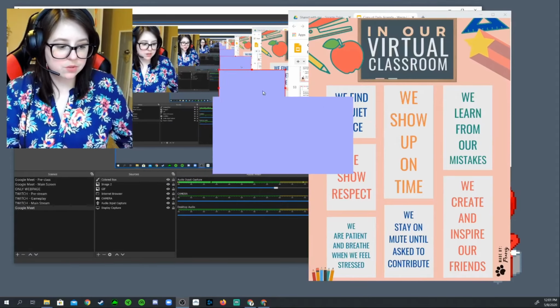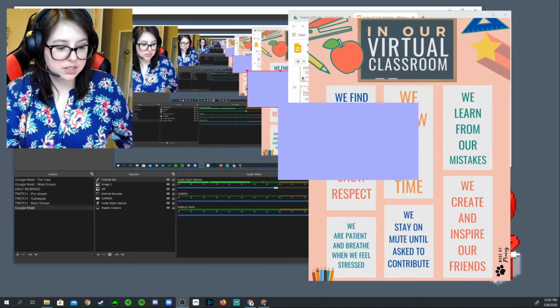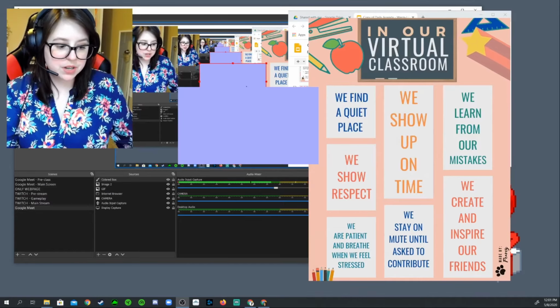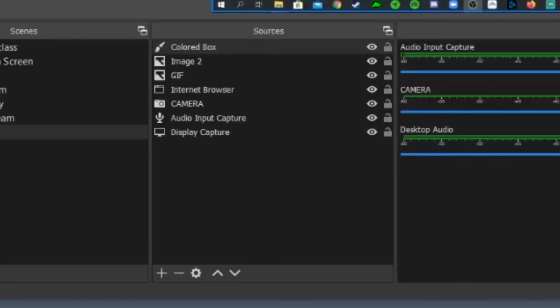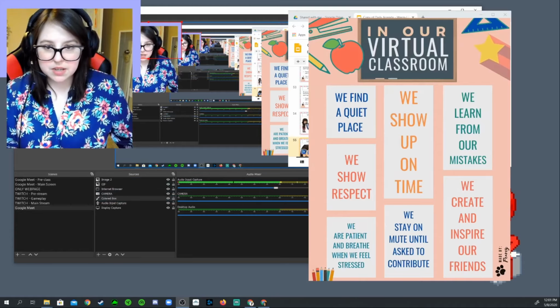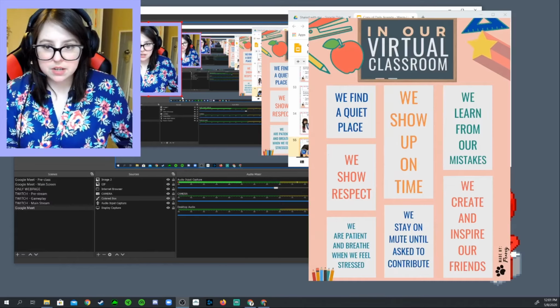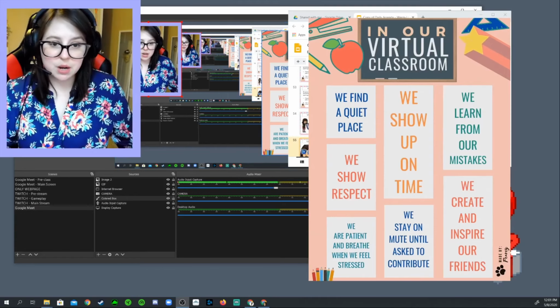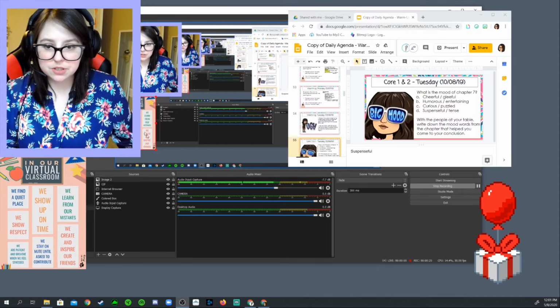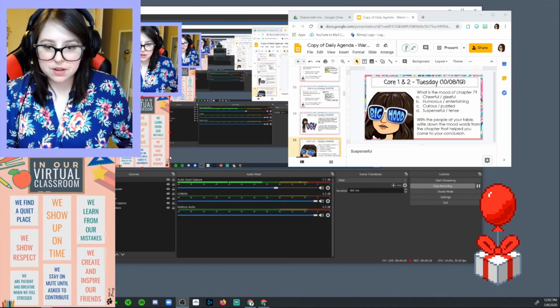Drag this colored box around to anywhere that you want on the screen, and you can use it to call attention to text, to your camera, your internet browser window. Your choices are endless here. So what I'm going to do is start cleaning some of this up, and if I wanted to draw attention to my camera, I could order this and make the color box appear before my camera, and then I can press the Alt button and the Shift button to move that around and to draw attention to my camera. I'm also going to resize this little poster that I have right here,